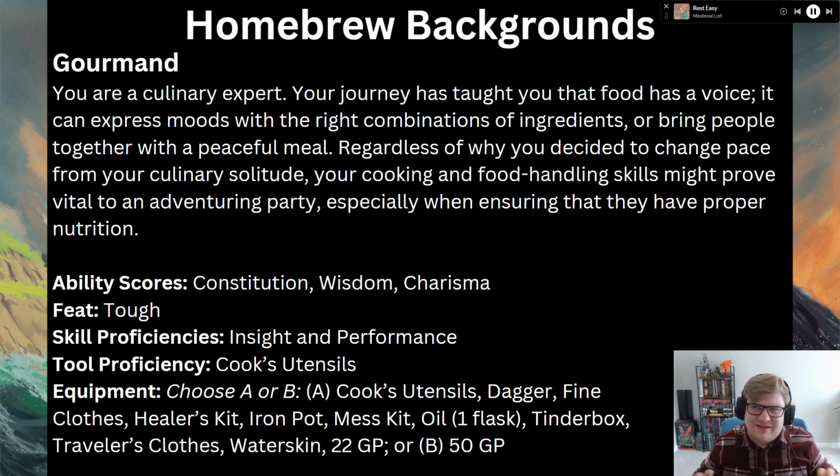However, the only thing that is the same with the Chef feat would be that you get proficiency with cook's utensils if you lack the proficiency, but obviously we're going to have that starting at level 1 if we use this Gourmand